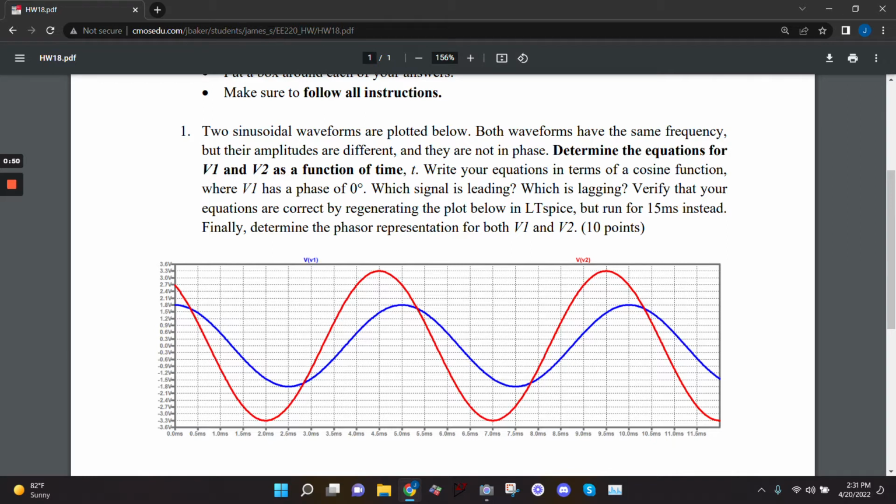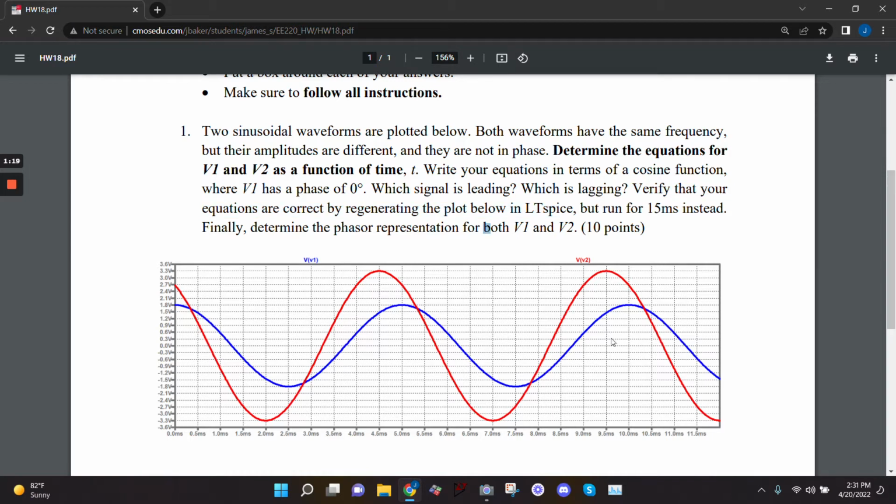Okay. So I'm asking you to determine the equations for V1 and V2 as a function of time. And I gave those standard forms, right? It's the amplitude times the cosine of 2 pi ft plus the phase. And I'm telling you that V1 has a phase of 0, so that's just a cosine. So you're basically referencing your phase to that blue signal. I ask which signal's leading, which one's lagging, and then I tell you to verify that your equations are correct